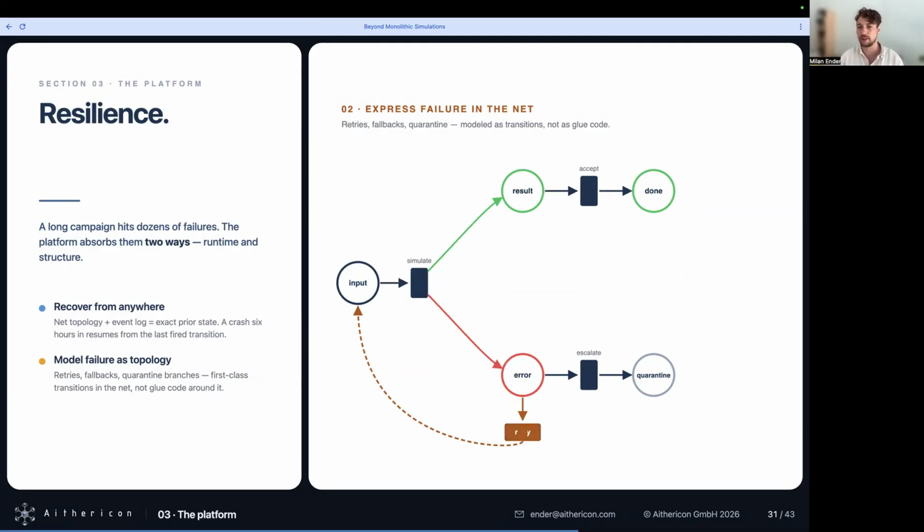So we add, for example, routes that decide if an error, a problem that arises in a simulation or experiment, is a permanent error or a retriable error. And then we just tell the system, hey, maybe schedule another simulation with the same parameters, the last one has failed, and do that for a certain amount of time until we are sure that the simulation really is broken and we should do something about it.